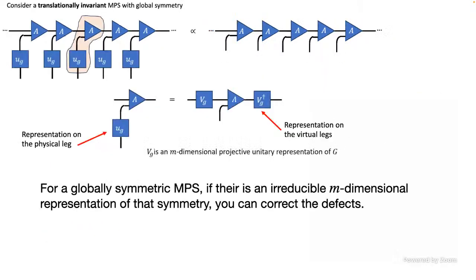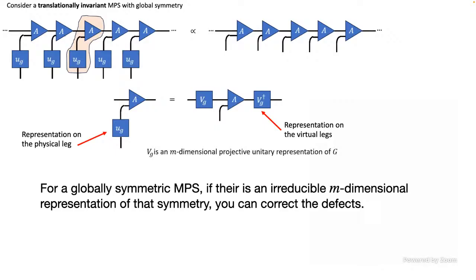And so you can do this. It turns out that if you have this translationally invariant MPS, you have some representation on the physical leg that corresponds to a representation of the group on the dimensionality that corresponds to the physical dimension. You can commute it through and get a representation on the virtual legs. And so you can then pull off what I promised at the beginning. Okay, to actually prove this, you've got to get right down into it, use the Brandao-Horodecki theorem and group theory, and you have to prove that a POVM exists. It allows you to do this, and these things commute in the way that I promised. All that is very important, but not something that I want to talk about at the moment.